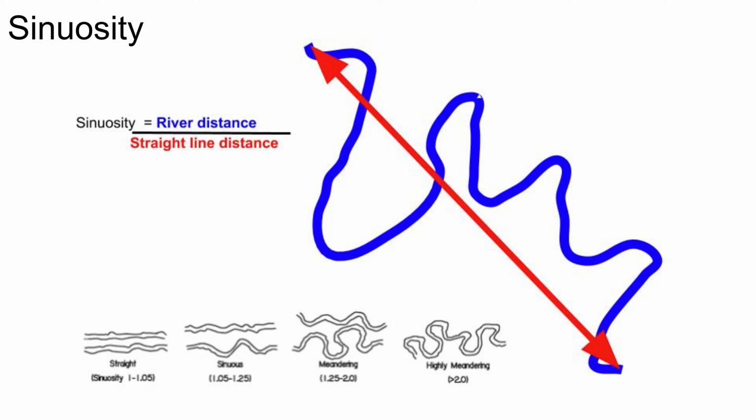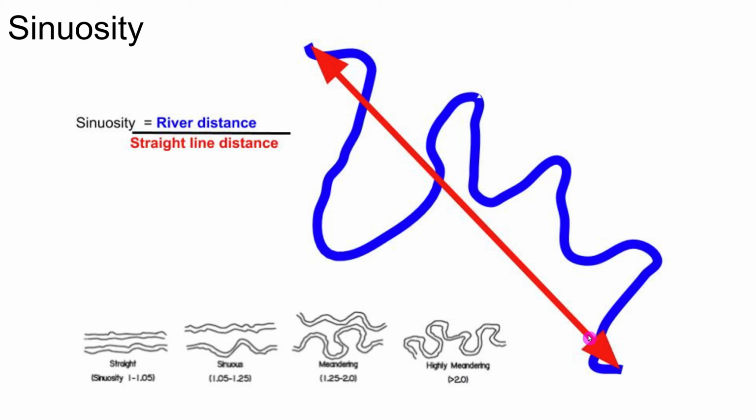So sinuosity, you haven't had to do before. Sinuosity is a measurement of how curvy a river is. And there are terms that apply to the different shapes of rivers depending on how sinuous they are. A straight line would have a sinuosity of 1. So if the sinuosity is between 1 and 1.05, it's straight. 1.05 to 1.25, we're going to call that sinuous. 1.25 to 2, meandering. And over 2, so what that would mean for a highly meandering stream is